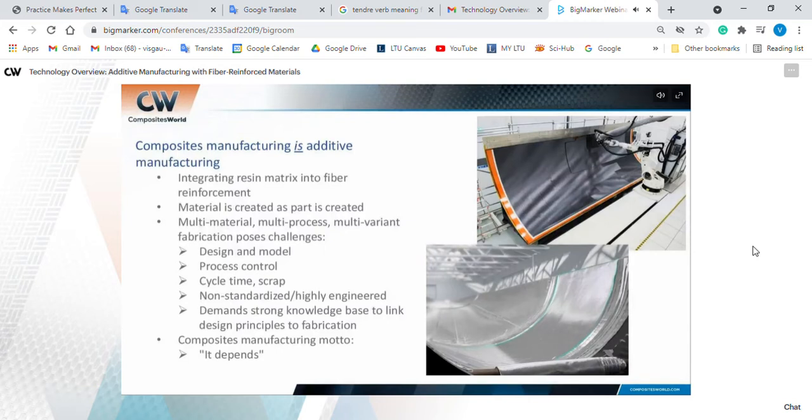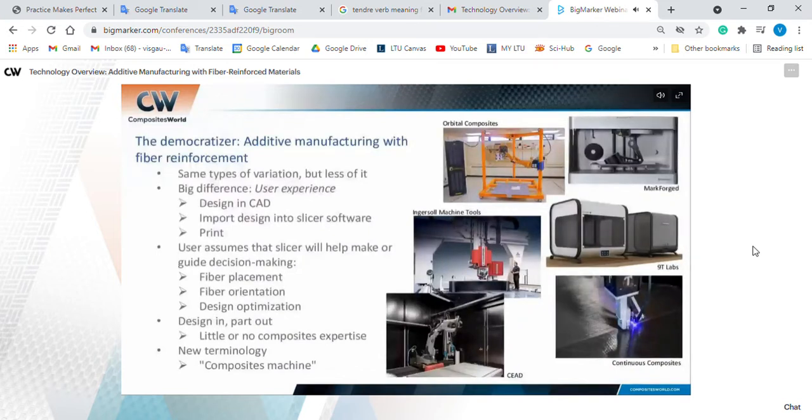And now I want to marry that a little bit with what we see happening in additive manufacturing, composites additive manufacturing. So first of all, composites additive manufacturing, the space is similar to composites manufacturing in general. That is, we have the same types of variation, we just have less of it. I think in composites additive manufacturing, we're primarily using thermoplastic materials, and fibers tend to be either continuous or chopped. We don't have any woven or braided fibers yet in additive manufacturing. And so it's a fairly limited scope, but we still have some of the same variation that we enjoy in